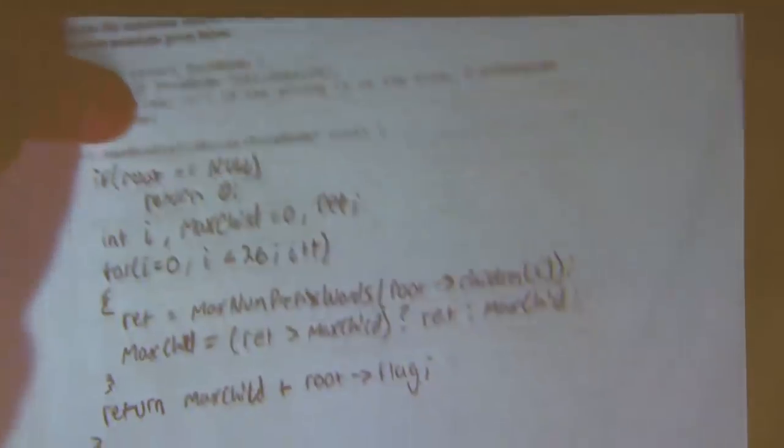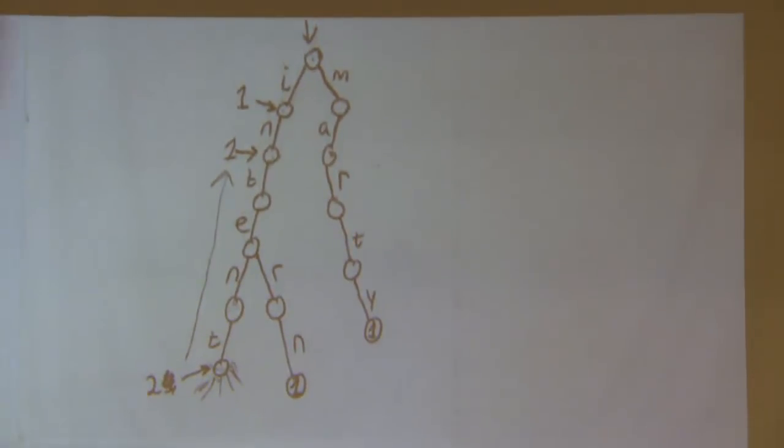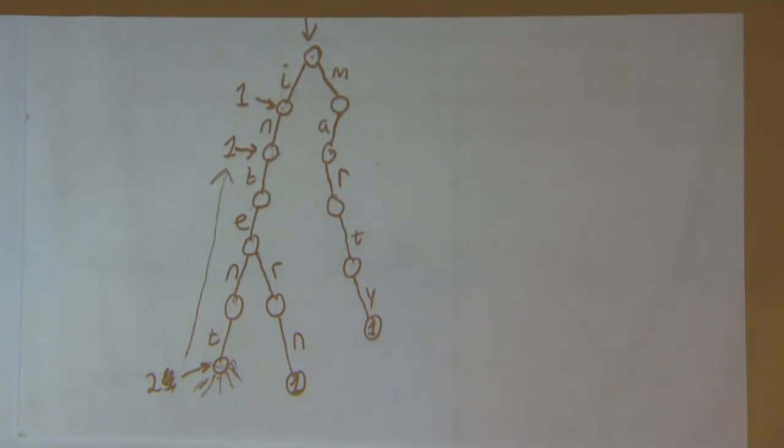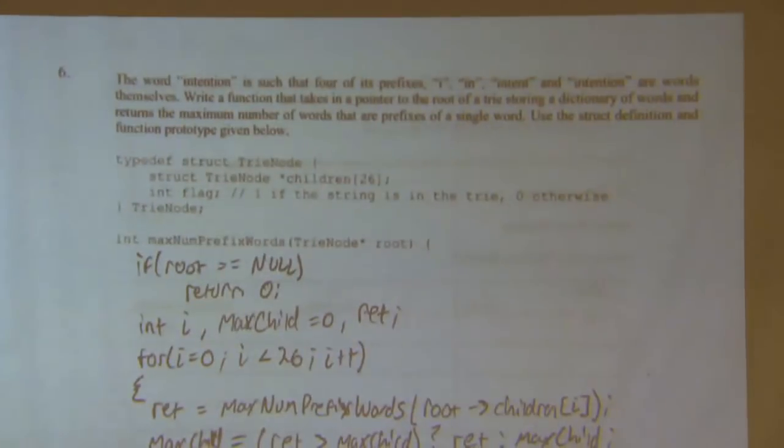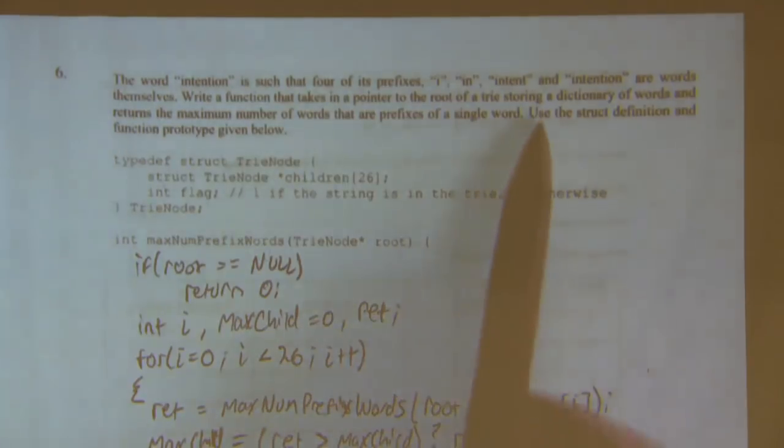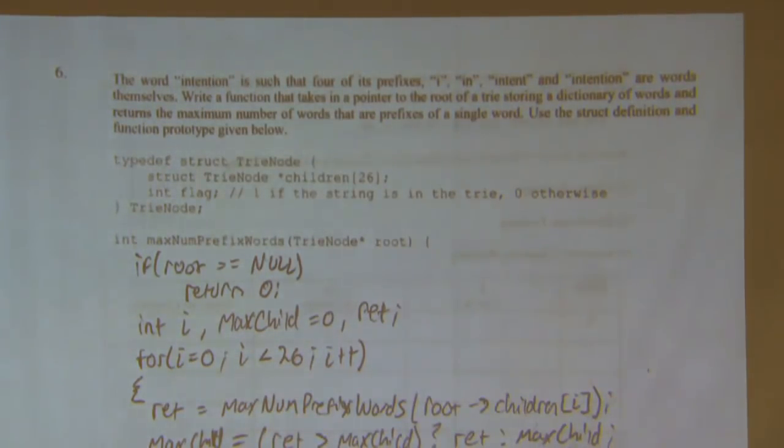So if I were to give it this trie, it should return 4. And it's the number of prefixes contained in the word with the most words in it, basically. It's kind of a confusing problem. But basically, it says that the trie stores a dictionary of words, right? So we have a bunch of words, and we want to figure out how many words are in the, like, or